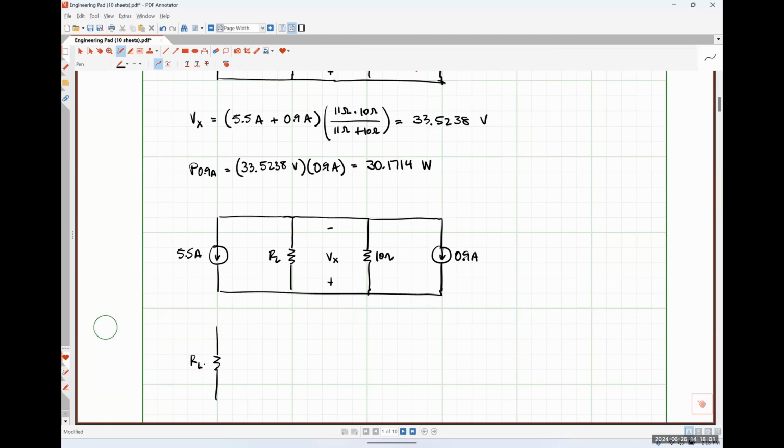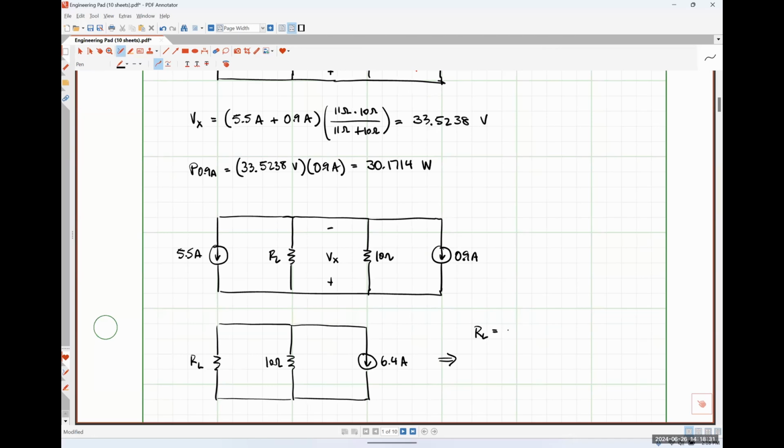Here's our resistance RL, here is our 10 ohm resistor, and then a current source that is 5.5 plus 0.9, I believe is 6.4. You guys might want to check me on that. I am terrible at simple math. But if that is correct, then